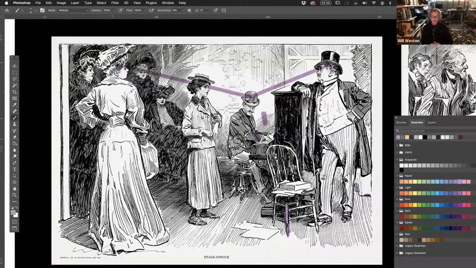So the other thing we're going to have is a downward facing triangular composition, which takes us to all the important people in the picture. The snotty woman on the left, looking in cynically, the awkward looking girl in the center, who's Barbra Streisand at 12 or something, right? And here is the piano player, who has a little bit of sympathy maybe. And then here is the impresario, who's neutral. He just wants to see if this kid's got anything or not. Okay, so that's a downward facing triangular composition.